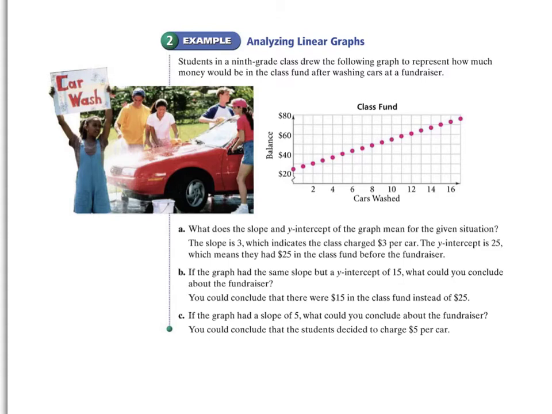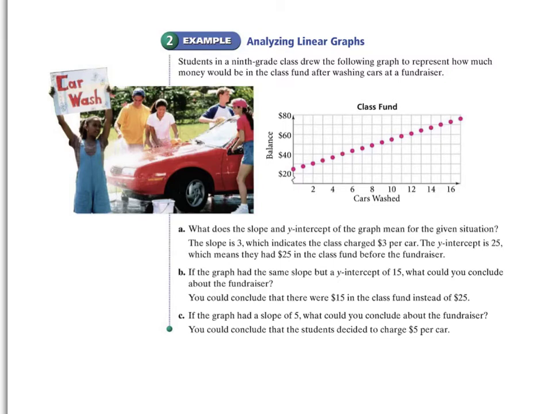So it continuously goes up by 3. Now, if the graph had the same slope but a y-intercept of 15, what can you conclude? Well, what that would end up doing is dropping this whole graph down about $10. So we'd actually start at $15. It would still have the same slope. We would still charge the same amount, but our fund would be about $10 less